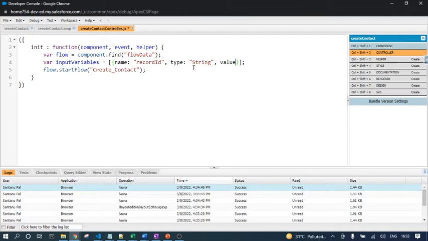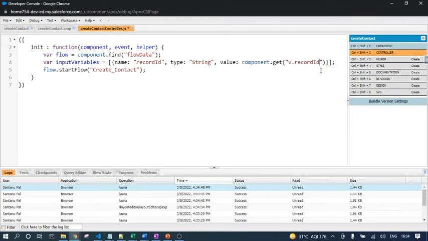So basically three attributes you need to declare. Value is component.get v.recordId. So this component.get v.recordId will send the current instance, the current record's ID to the